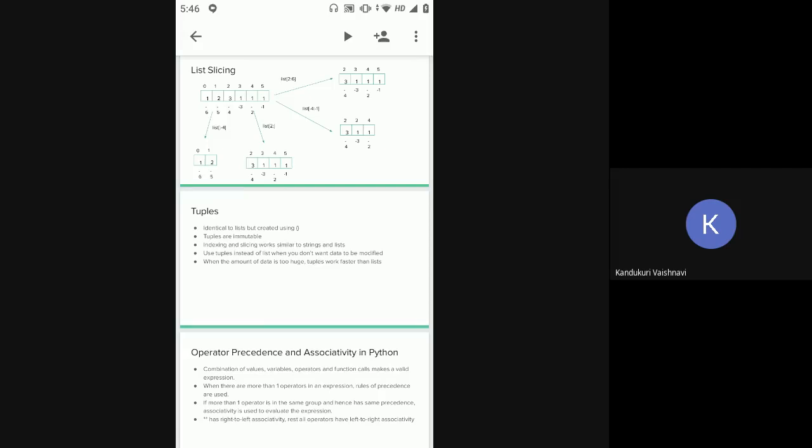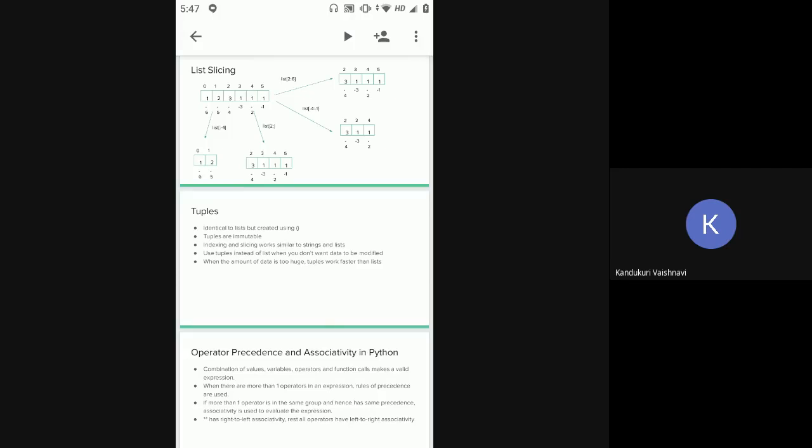Tuples work faster than lists, but if the number of elements is small, the difference won't be that significant. But if the number of elements is around 10,000 or 20,000, tuples work faster than lists.